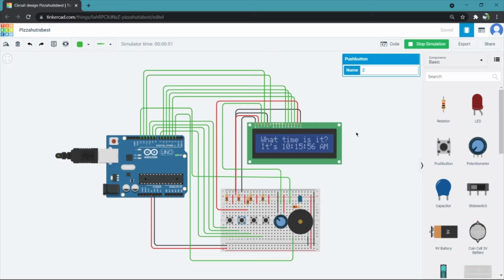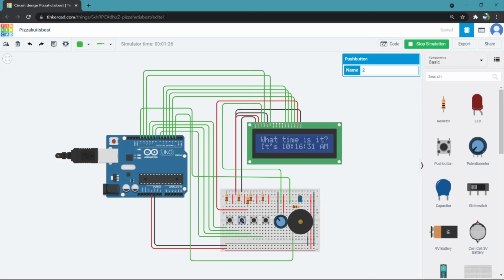So here is the circuit for the clock that we are going to use in our interactive toy. This circuit consists of an Arduino Uno, LCD screen, a small breadboard, piezo buzzer, a few resistors, LED light, potentiometer, 4 push buttons and some wires. As we can see, when we start simulating the circuit, it displays the time. These 4 push buttons have different functions. When we push the first push button, we can set the time according to our convenience. During this, the other 3 push buttons are used to change the hour, minutes and the ante-meridian and post-meridian time.